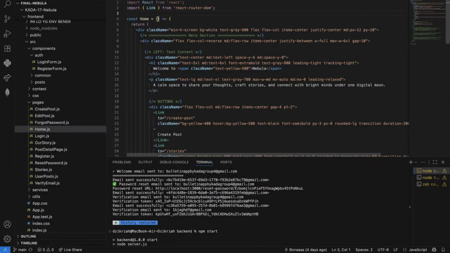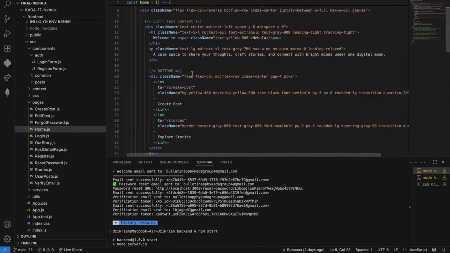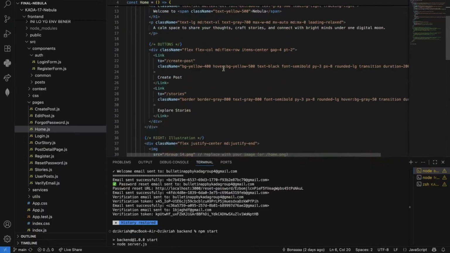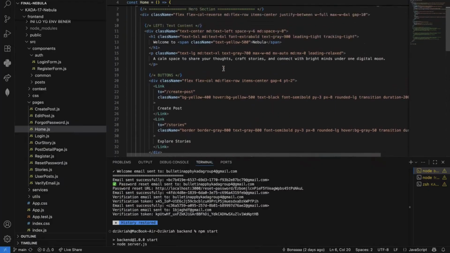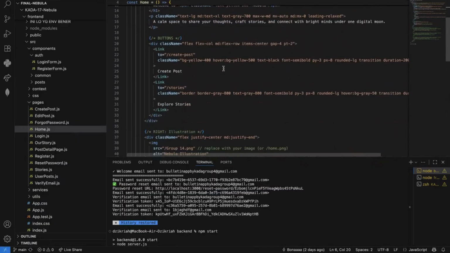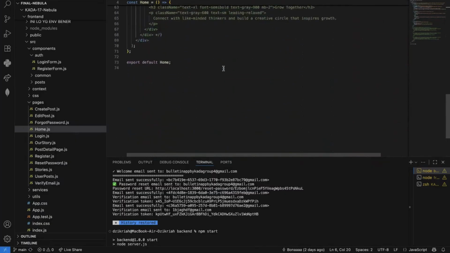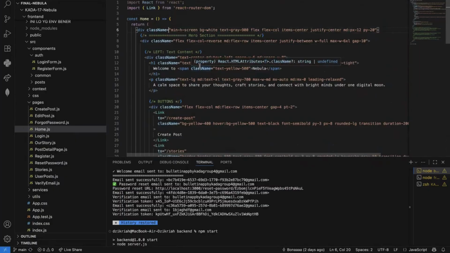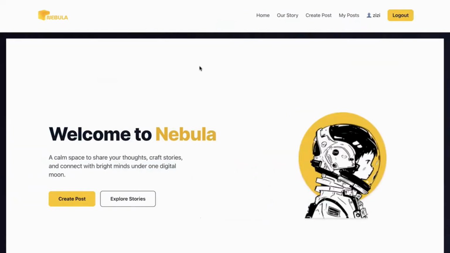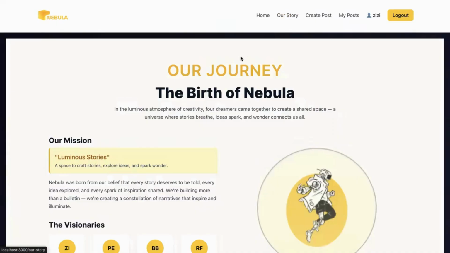Inside of this is the component declaration, which defines a functional component called Home, which will return the JSX, like the structure of the home page. And this is for the entire page framing. Inside of this, we just use Tailwind for the CSS styling, like this. Just that for the home page sections. Now let's go to the next page, our story.